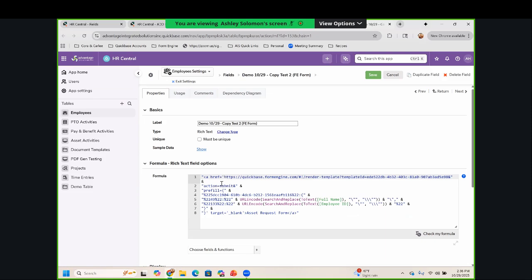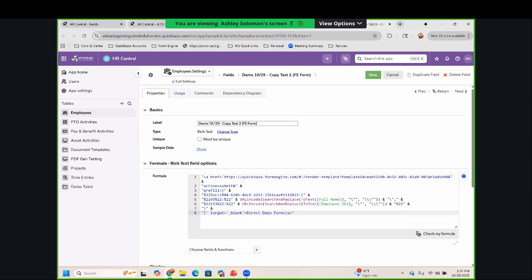So this is part of the original formula, and this is part of the original formula. Everything else in between is coming from the formula URL. This target, this last piece down here, is what allows the end user to see what you're calling that link. So in this particular case, I'm going to say